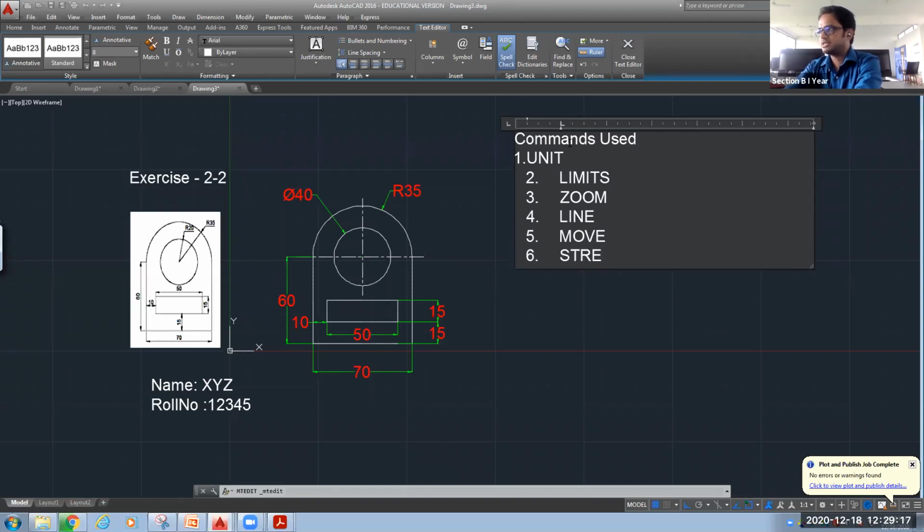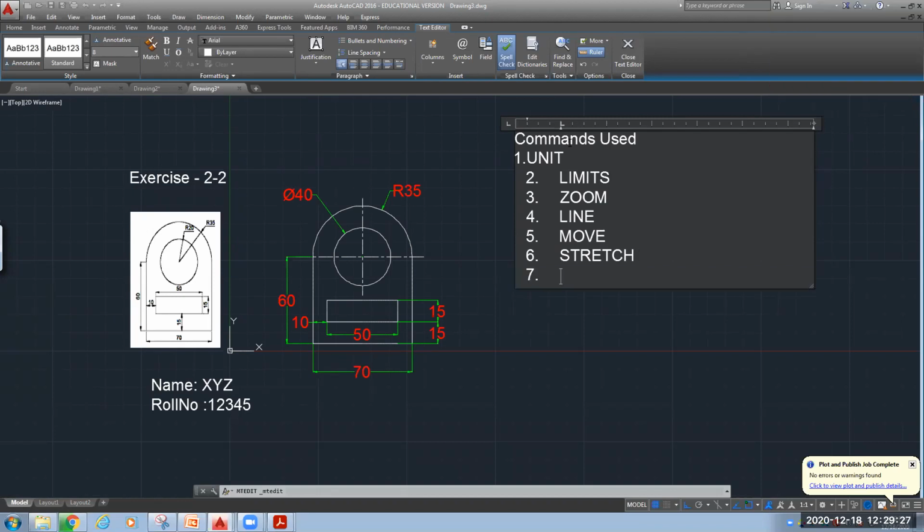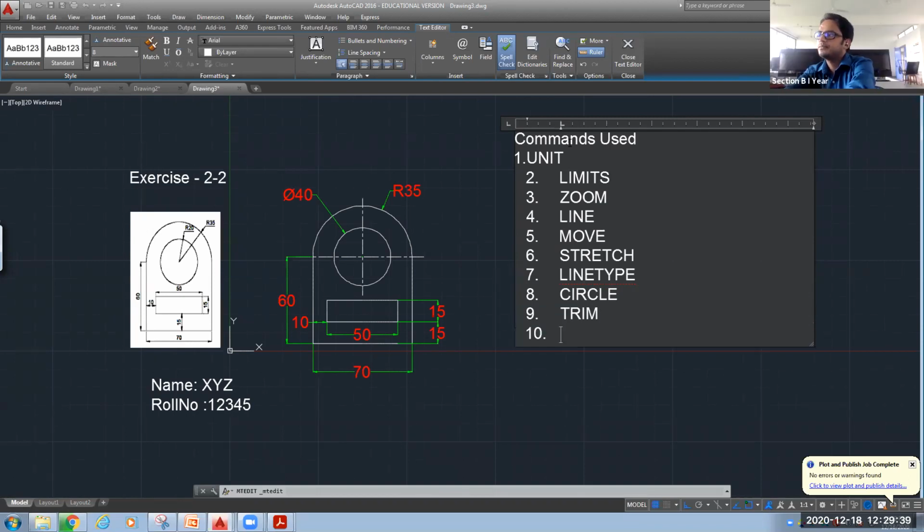Stretch. Offset also I have used. Stretch for shortening and lengthening the lines. So I have used STRETCH. Line type I have used. Circle. Trim.